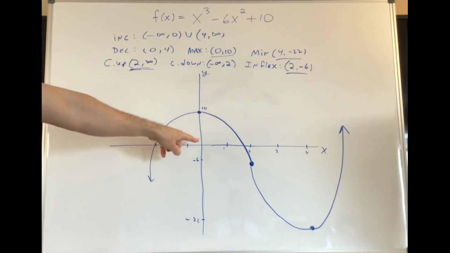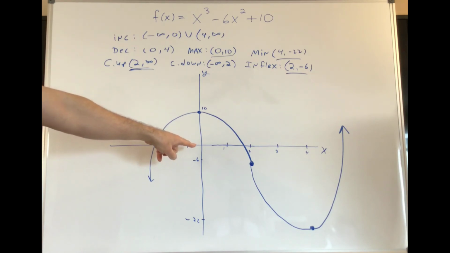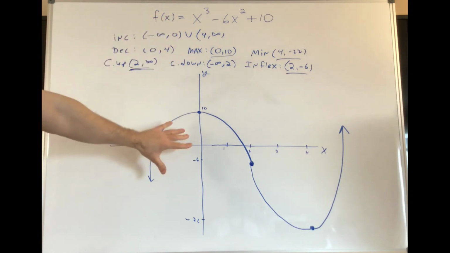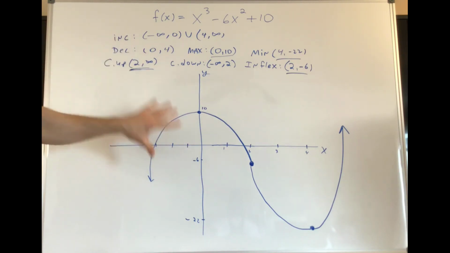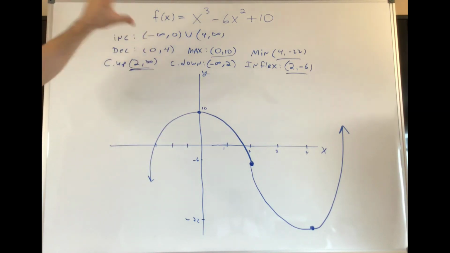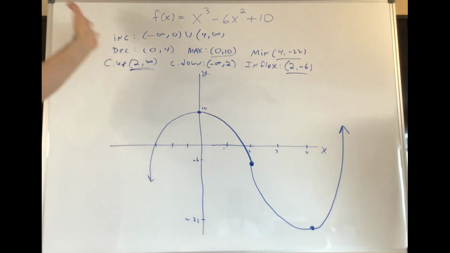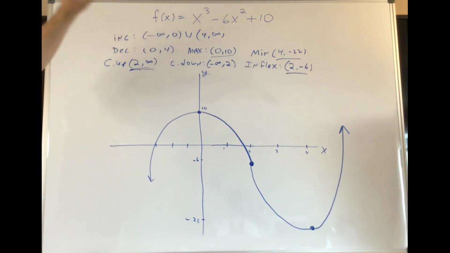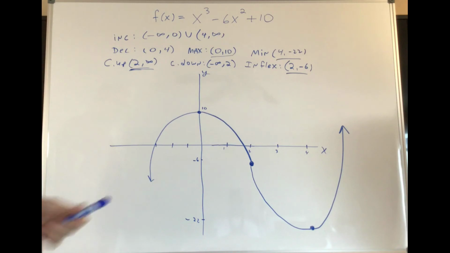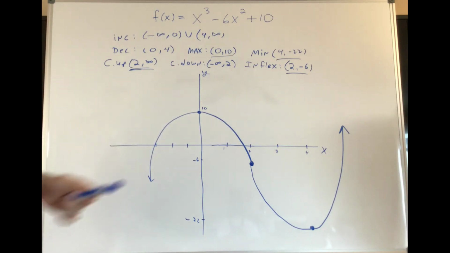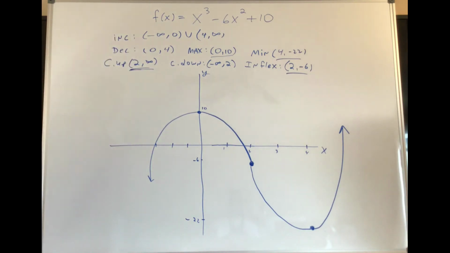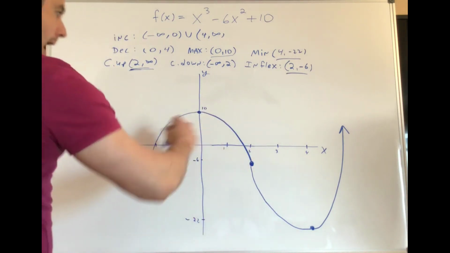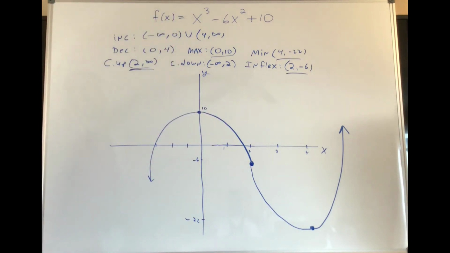You don't even have to draw the picture if you don't want. You still get 9 out of 10. If you did all this work right and you were like, screw this, I'm not drawing it, then don't draw it. Who cares? You lose 1 point. The picture is not the important part. All this stuff you did to get here, all that work is worth 90% of the points. 9 out of 10. So don't freak out if you have trouble taking all this and translating it into a picture. This is quite complex going from here to here. I mean, it's not that bad. You draw the dots you have, and you connect them using that information. But I know a lot of people